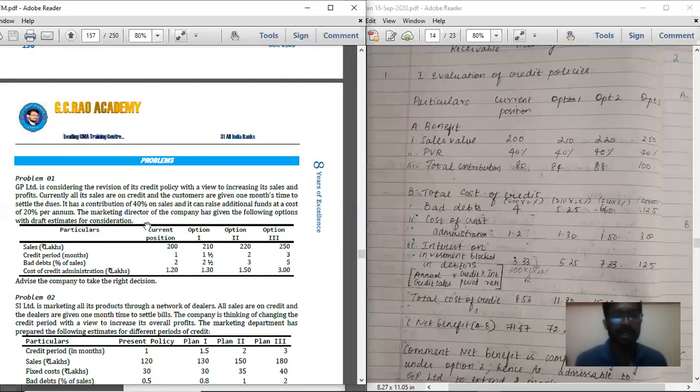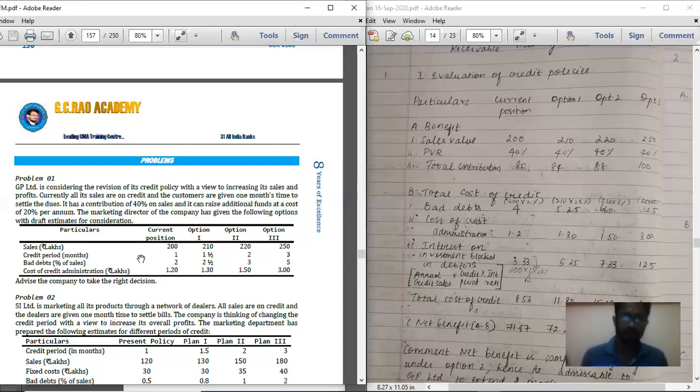The marketing director of the company has given the following options with draft estimates for consideration. That is, the marketing director is giving 3 options: option 1, option 2, option 3, along with the current position. So based on these 4 options, which is the best? The decision should be taken by you based on